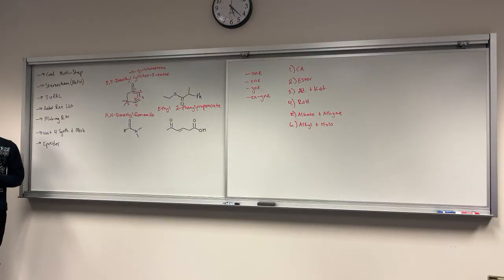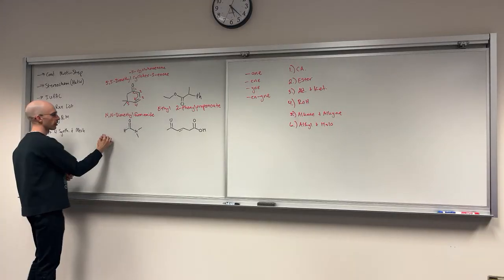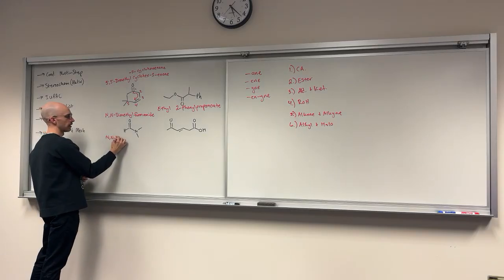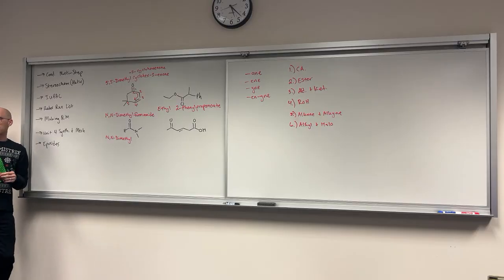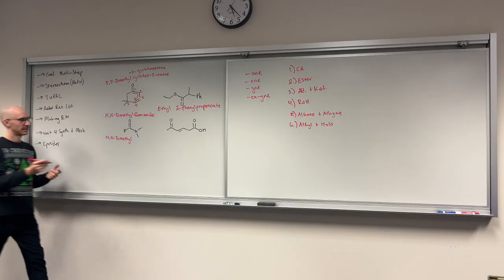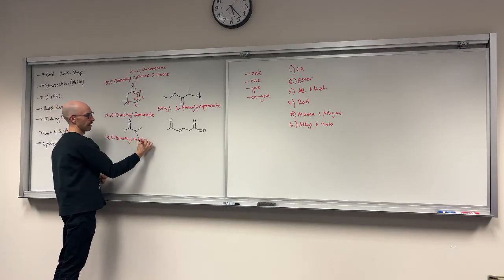But that's not the only name that this can have. You could also call it N,N-dimethylformamide. Form is a common name. So what systematic name could I use to describe the longest parent chain? Meth. Suffix. I need a suffix. I can't say methyl. I need a suffix: ane, ene, yne, or enyne. I'll use ane because there's definitely no alkene or alkyne. So that's methan, and the suffix